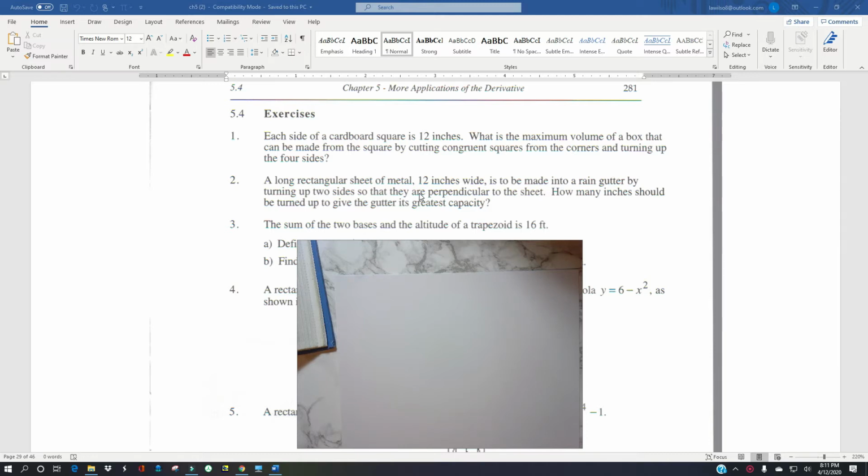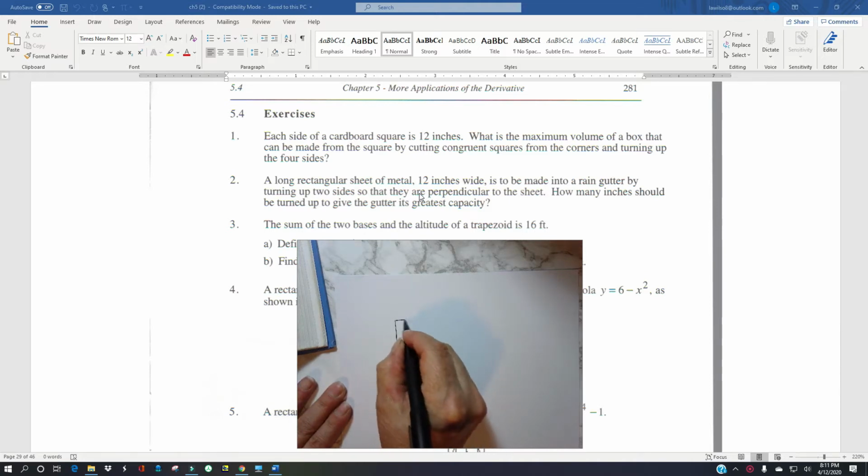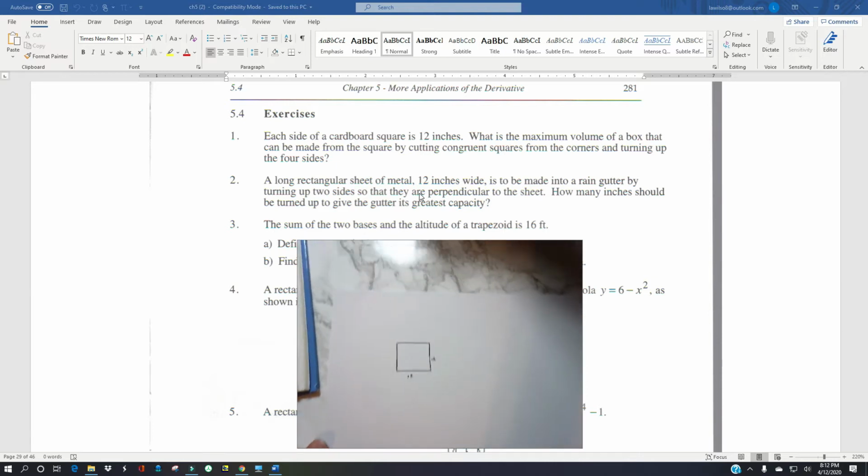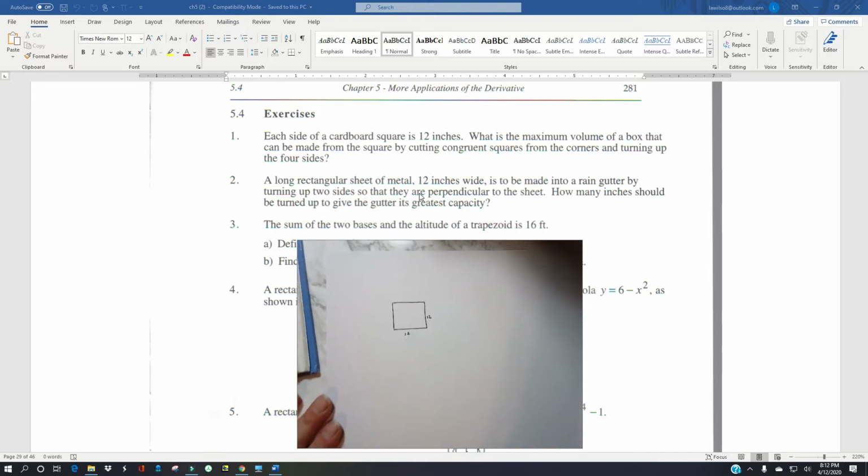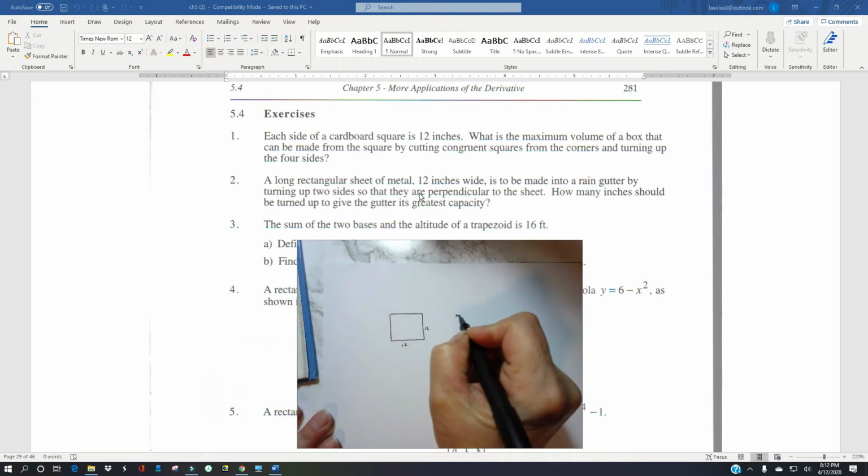So let's do the first one. It says each side of a cardboard square is 12 inches. So I have a square that's 12 by 12. Bring that in a little closer. What is the maximum volume? So what am I looking for? Maximum volume